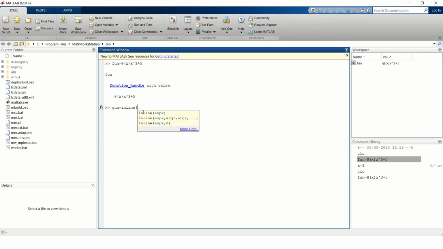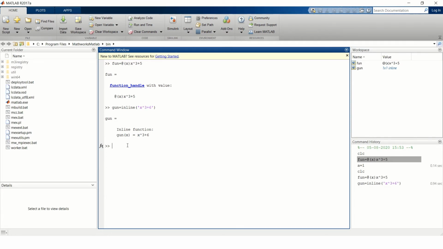Inline, parenthesis start, then quote, your expression. So both this inline function and @(x) can be used for entering a function.